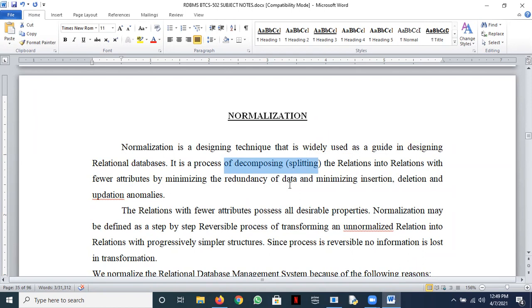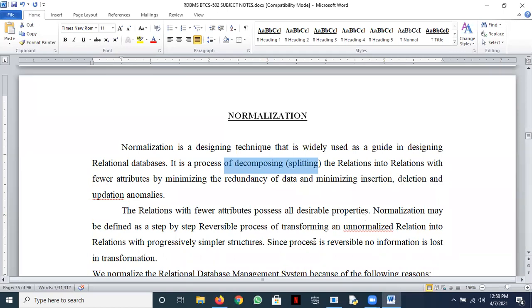Redundancy means unnecessary repetition of data. And also it minimizes the problems or the anomalies of insertion, deletion, and updation. That is the basic idea behind the study of normalization. And we also know that the relations which have fewer attributes, they possess all the desirable properties.